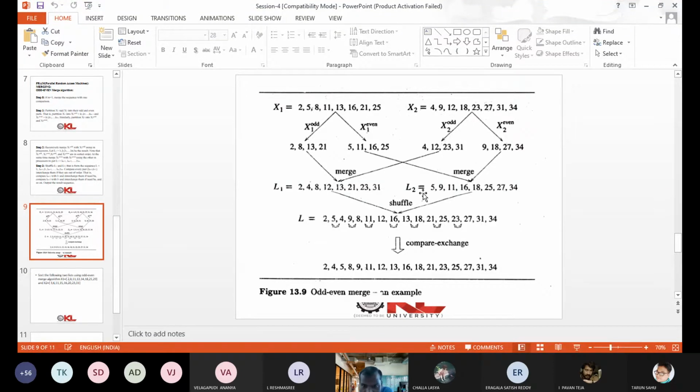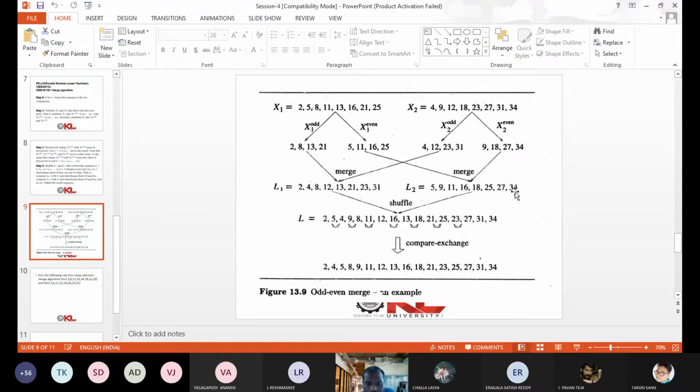Similarly, L2 is obtained by merging x1 even and x2 even. So odd lists are merged to get L1, even lists are merged to get L2. See the result, L1 is a sorted array. Similarly, L2 is another sorted array.